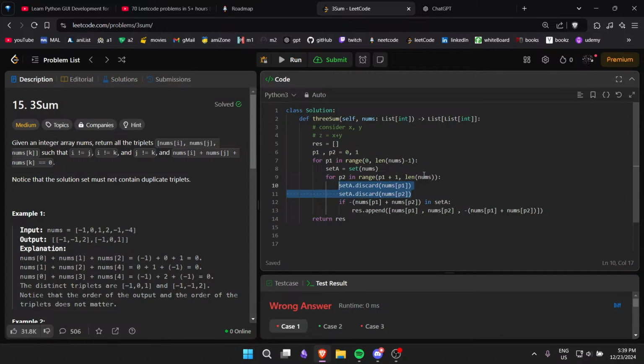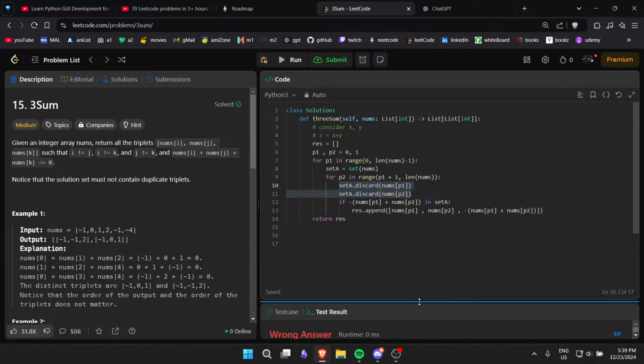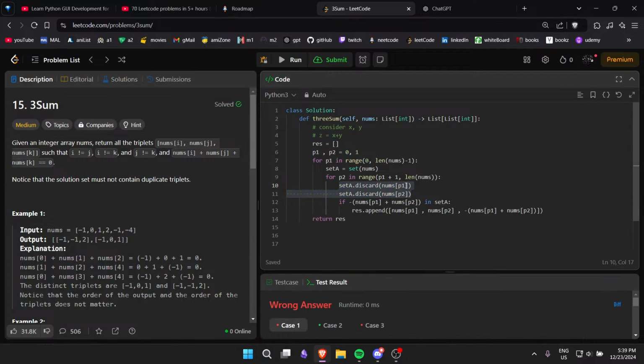What do I need to remove actually? I'm not removing these two because if it is 0 then maybe not these two, something else. I'm not sure that is true, but